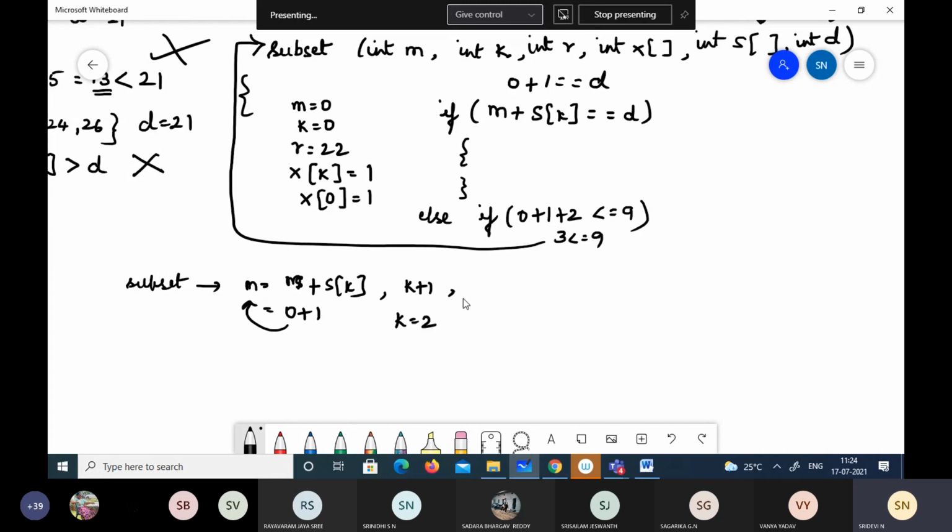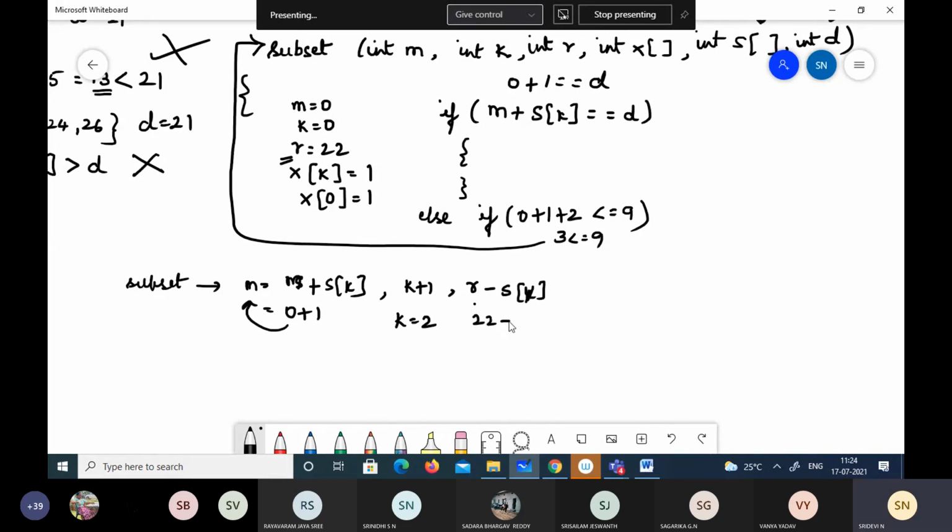Then we have r minus s of k. As we have, r is nothing but the sum, isn't it? r is the sum here, 22. The first element we have chosen to include in the subset. So we will do r minus s of k, the first element.